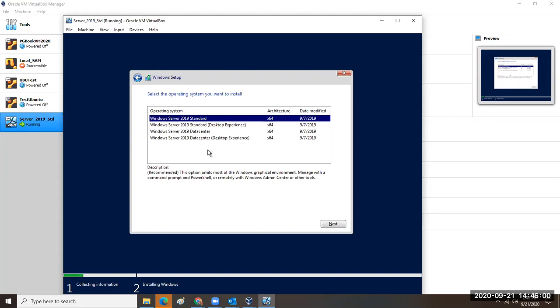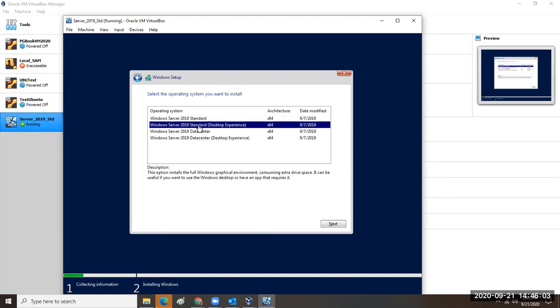And I'm going to select the standard desktop experience. I will not select the data center because I'm going to use the key for the standard. And I want the desktop experience because I want the GUI, I want the graphical user interface, I want the windows on my screen. If I select 2019 standard, all I get is a command prompt. I have to know all of the commands and PowerShell scripting to operate the server, and that's kind of painful. So we're going to select standard desktop experience, click next,